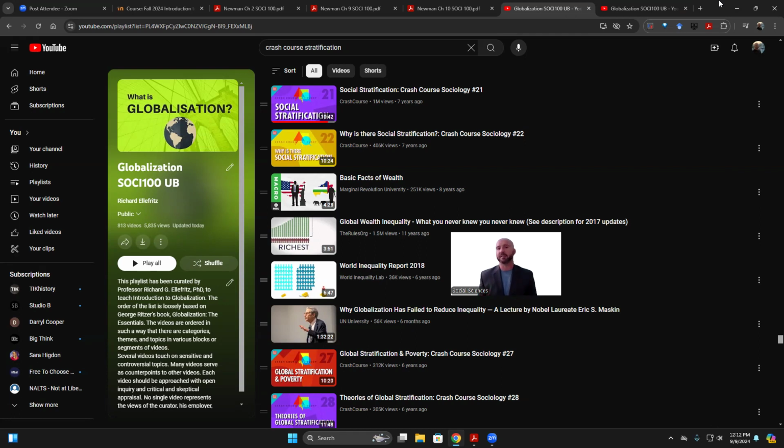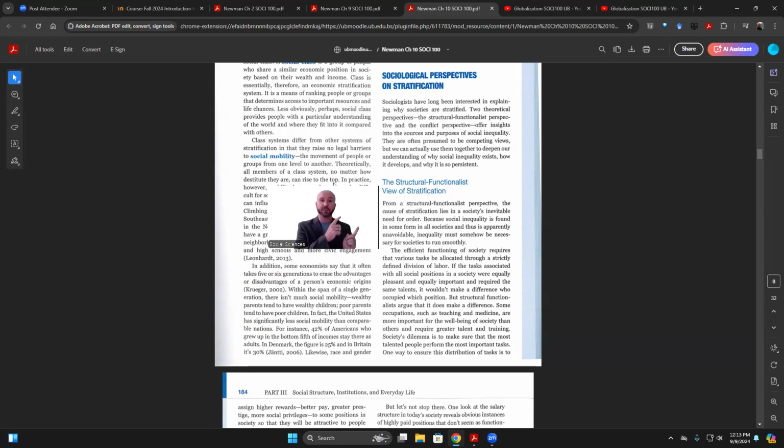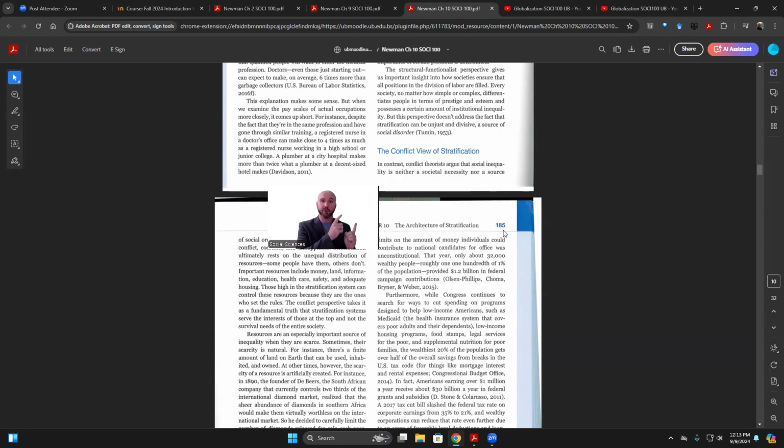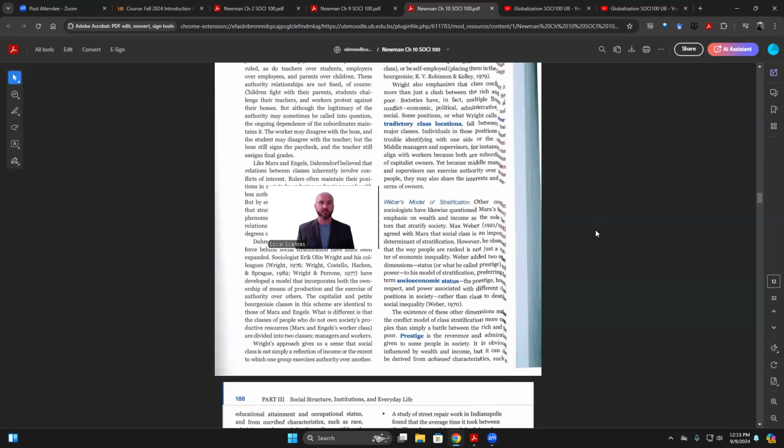But keep in mind that, like any other issue, there are competing perspectives. At the introductory sociology level, we have two main perspectives on social stratification: the structural functionalist perspective and the conflict view of stratification. Most contemporary sociologists take the conflict view of stratification, in particular, the Marxian and the neo-Marxian points of view. A different way of looking at stratification would be Max Weber's point of view on it, which adds in some complexity and some other points of view on what social class is, and in particular, this issue of